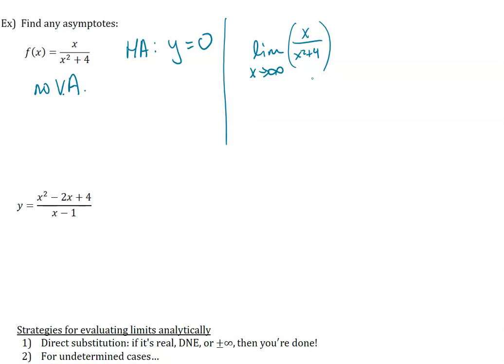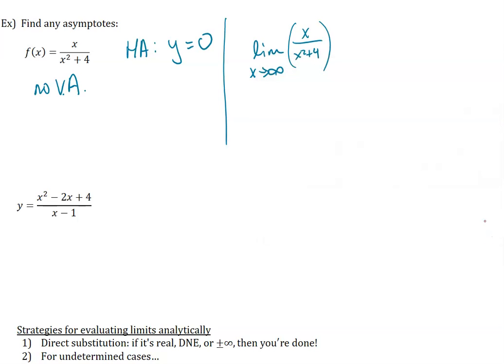Now if I plug infinity in, I'm going to have infinity over infinity squared plus 4, which is infinity over infinity, and as we saw before with the arithmetic, we can't do infinity over infinity as itself. So we need to do some kind of algebraic manipulation, all right? And this one's going to be a little bit new, but what we're going to do is divide the entire fraction, okay, by